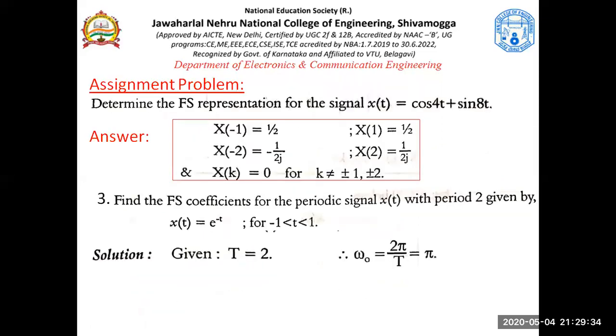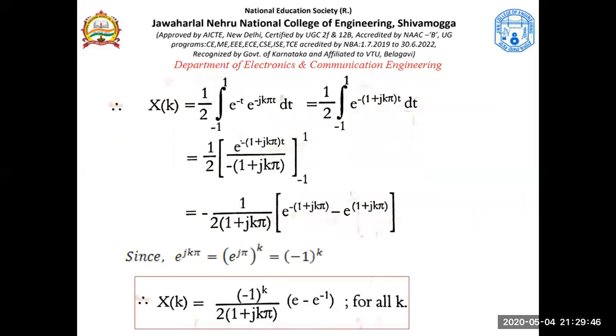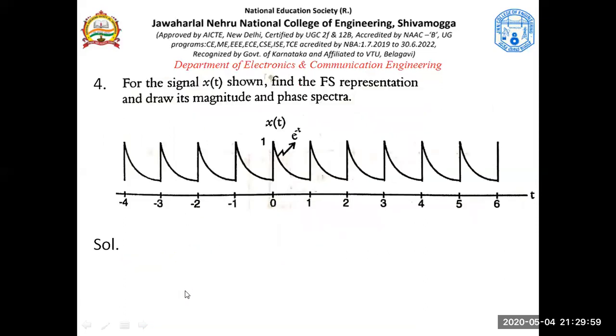Since the plot was not asked, they have just asked us to find the coefficients, we are happy stopping there. We are happy to find the coefficient, that is x of k. We are not going beyond this to plot it. If you're asked to plot, you would find the magnitude and the phase for 2 or 3 values of coefficients and plot that. That was not asked, so we have left it.